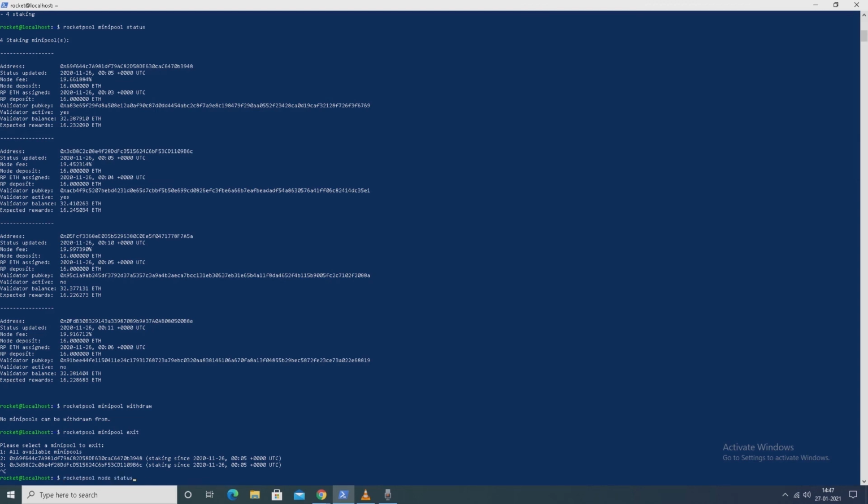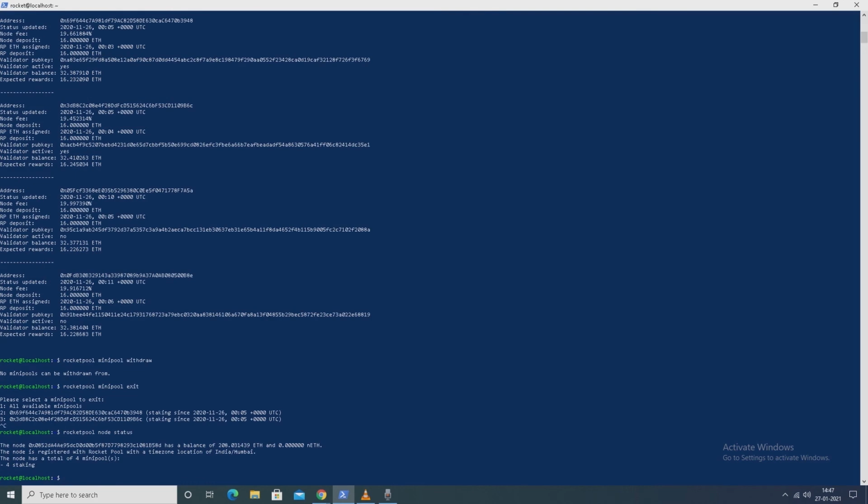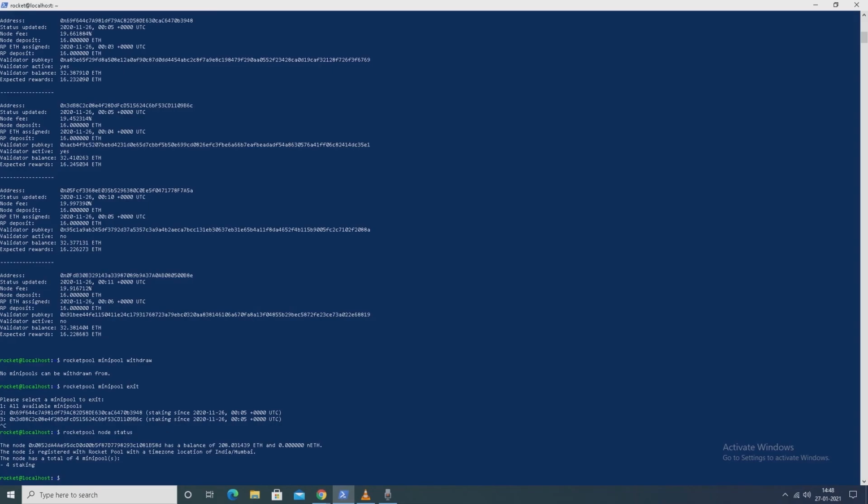And on the server side, I just checked that node status is showing the same, that four are still staking. You can see that, and the N ether balance is also right now 0.0. So I think after epoch 15869 it will show that only 2 are staking.